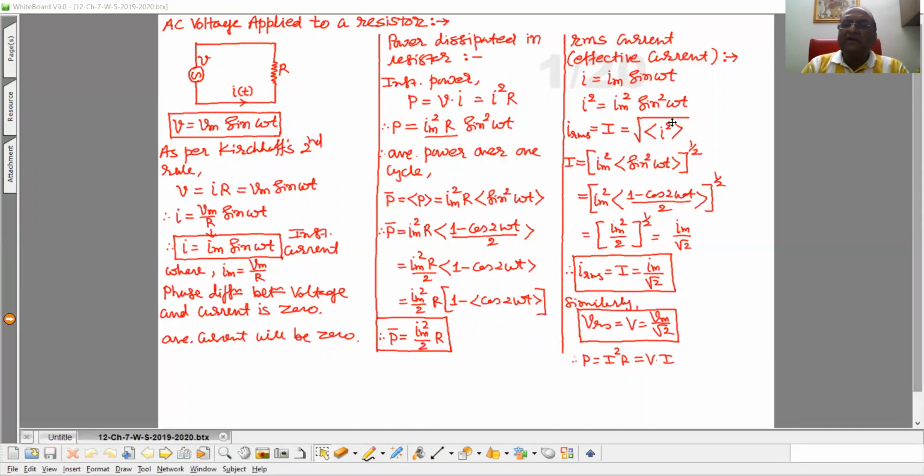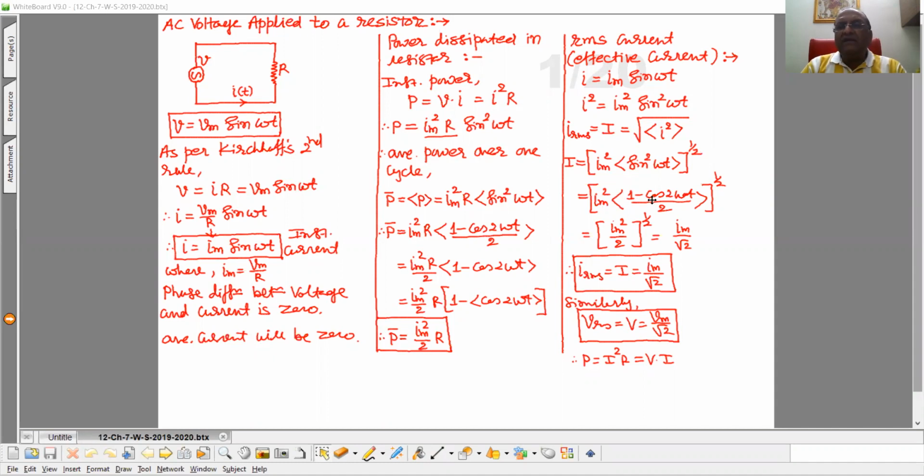Then after that, take the average of it and then take the square root of it. So I RMS, that is capital I, the effective current, is the square root of the average of I square. Now I is Im sine omega t. So Im square is constant, and we take the average of sine square omega t, the whole raised to 1 by 2. Again we can write Im square